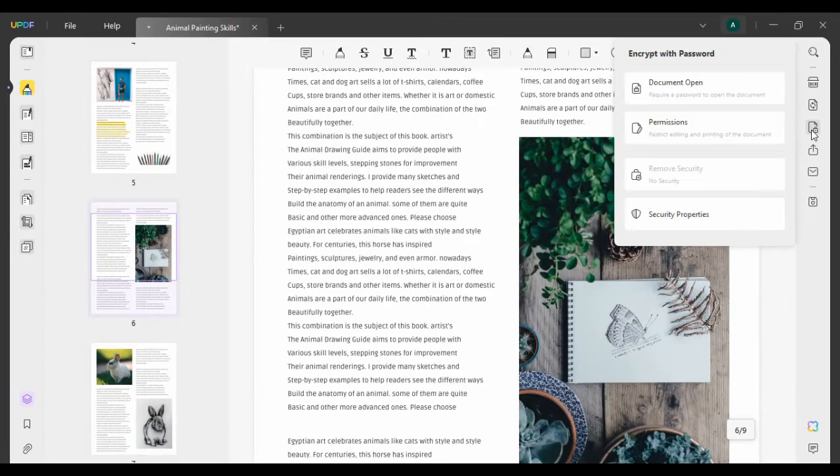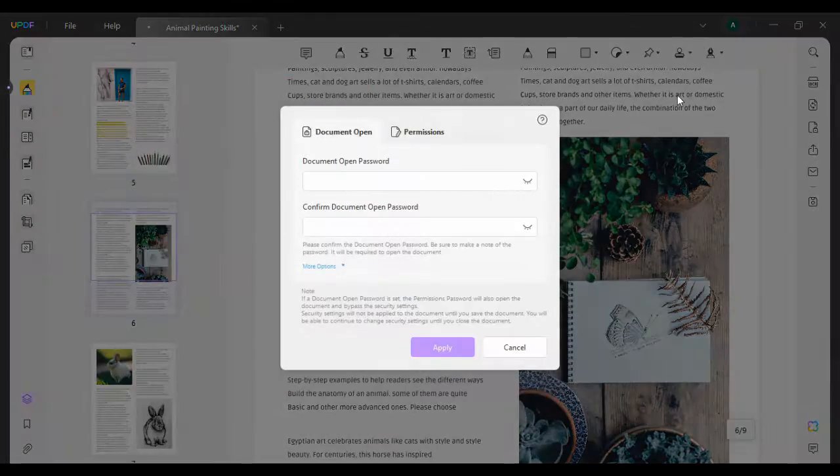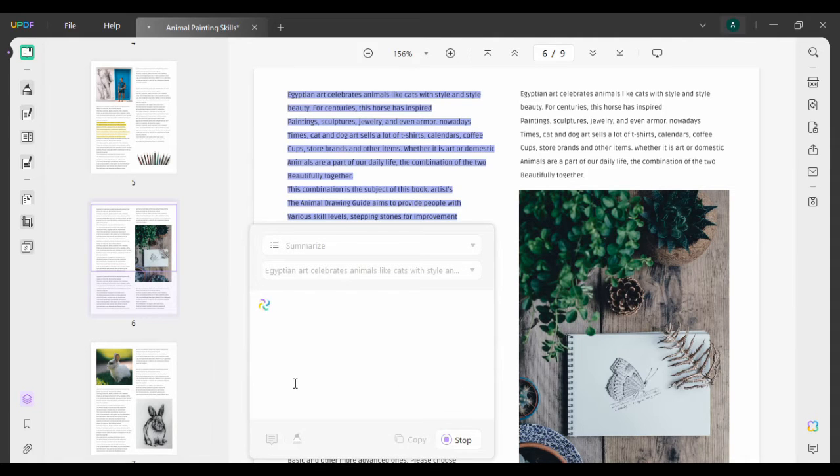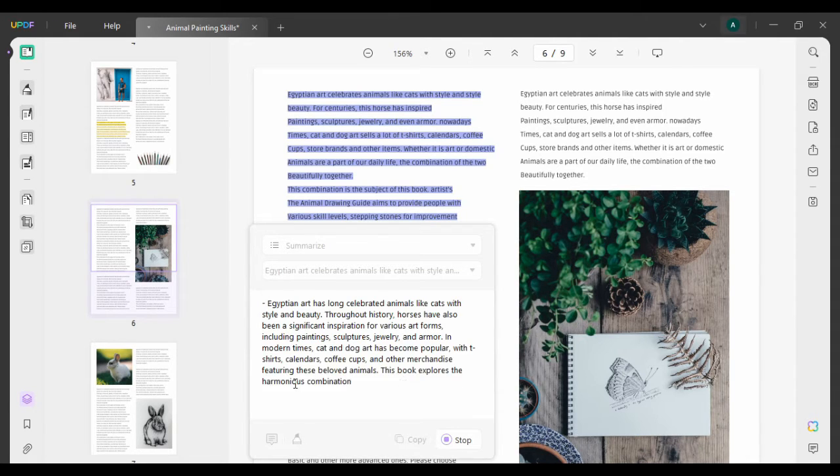Your privacy and security is really important. You may want to limit the people who can access certain files. For those cases, you may protect those files by making it password protected. Lastly, you can harness the power of AI since this is an AI integrated software. Just highlight a part of the article you want to use, then either summarize or translate this entire part to the language you prefer. This is a pretty neat feature, especially for long article reading.